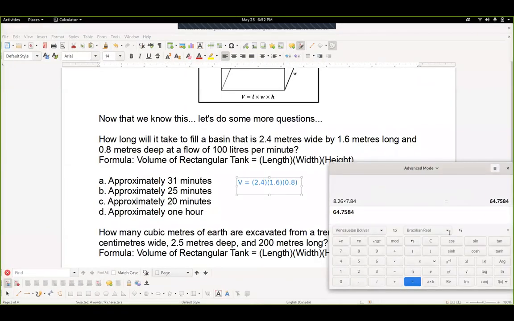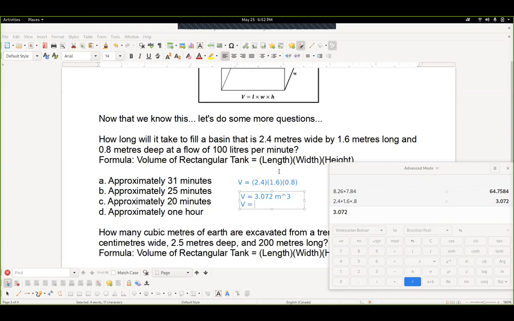So again, we bring up our calculator. Okay, so 2.4 times 1.6 times 0.8 gives us 3.072. So the volume is 3.072 meters cubed, and each meter cubed is 1,000 liters. So the volume will be 3,000